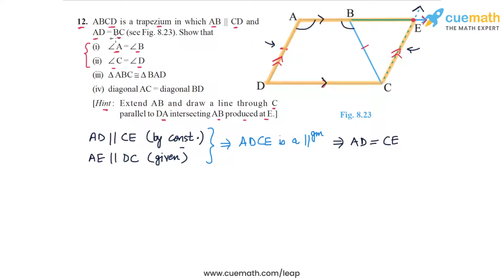But we are also given that AD is equal to BC. Because AD is equal to BC and AD is equal to CE as well, now we can conclude that BC and CE are equal. So this side BC and this side CE are equal. This further means that in triangle BCE,